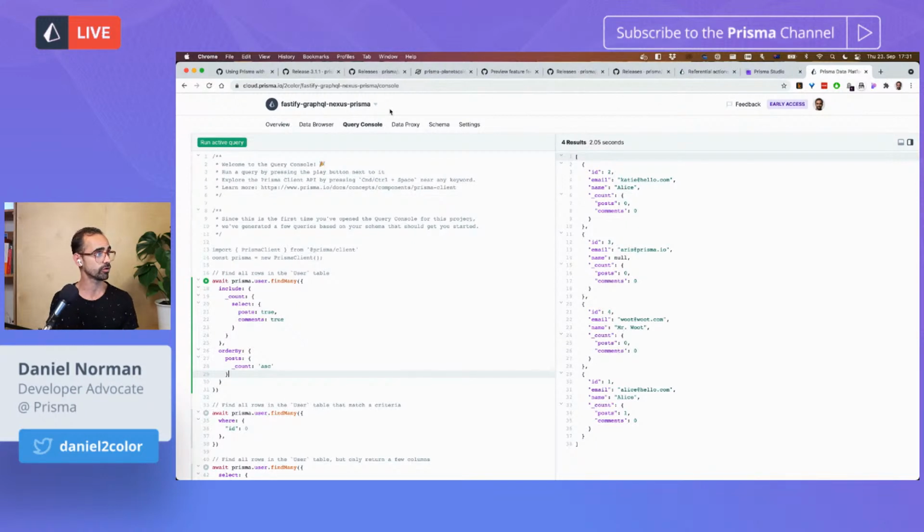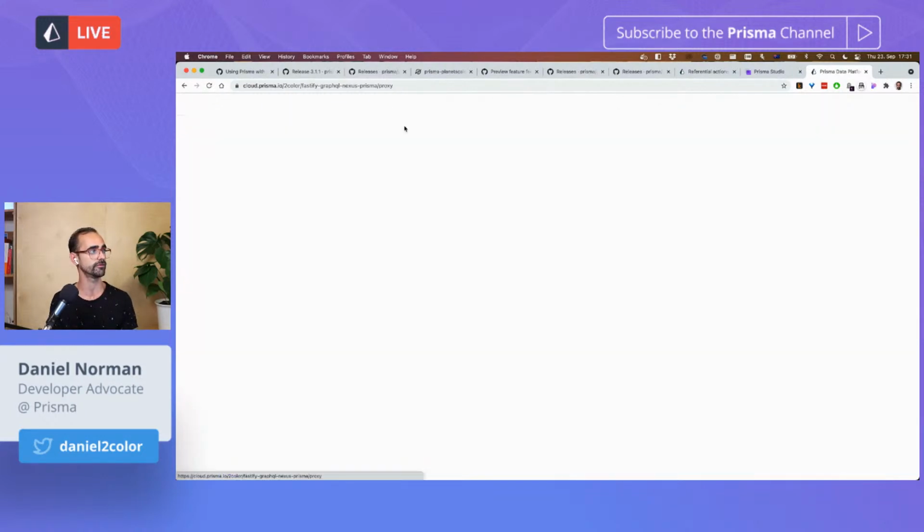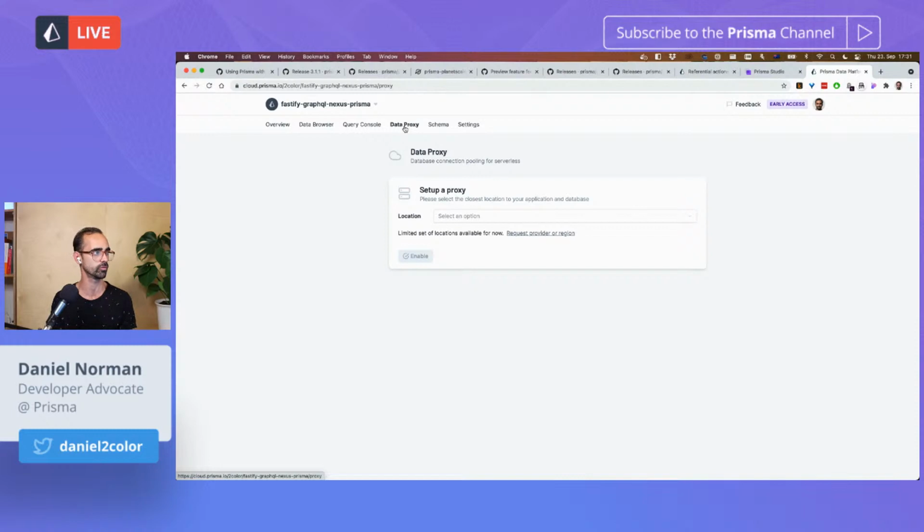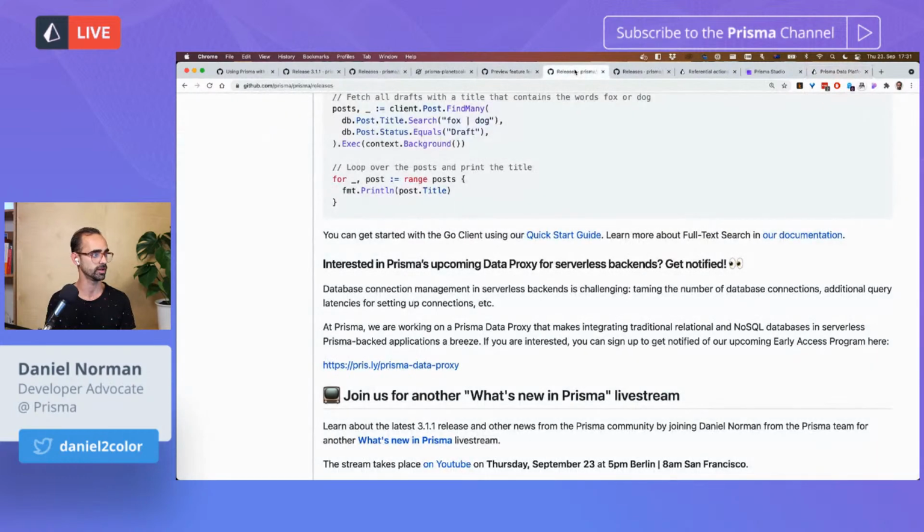And then, of course, we have one of the features that many of you have been waiting for, and that is the Prisma Data Proxy. And the Prisma Data Proxy is right now in early access. And what it does is it essentially serves as a connection pooler. So if you're using serverless, like if you're deploying your application using serverless functions, using Vercel, AWS Lambda, Netlify, whichever platform you choose to use, and you're using serverless functions,